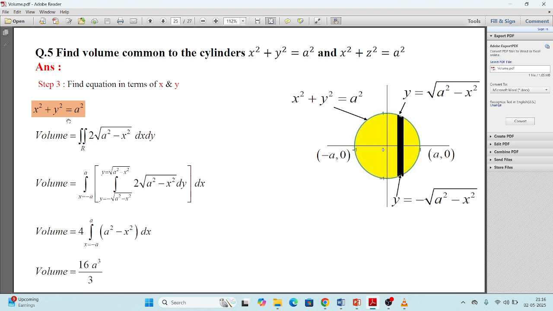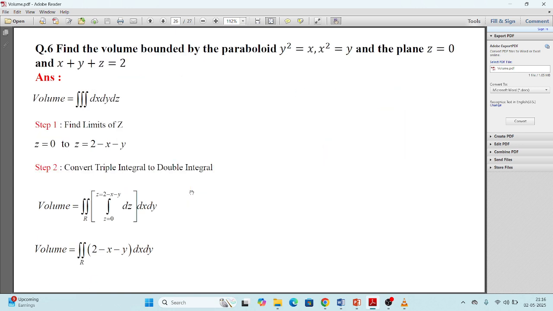So this is a circle with center 0 0, radius a. Now here they have taken it with Cartesian. No need to take this. Consider the limits as it is a full circle. So how can you take it? The limit of r will be 0 to a and the limit of theta will be 0 to 2 pi. You will get the same integration, 16a cube by 3, if you are evaluating this. If you are finding it in the form of r and theta, then also you will get the same answer.